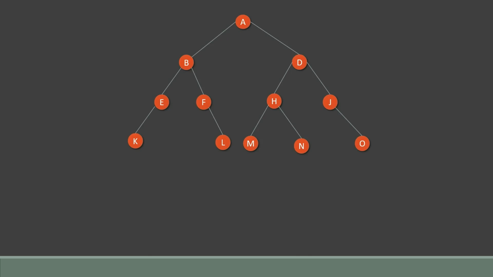I have this tree and I have to again do numbering from left to right, but we can see that there are some nodes which are having only one child. So for numbering purpose, what we will do is we'll just create one kind of ghost node which actually doesn't exist, but just for numbering purpose we will create it. So all the yellow nodes we can call ghost nodes because they actually don't exist. So now let's start numbering from left to right.